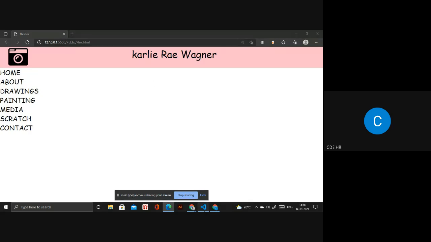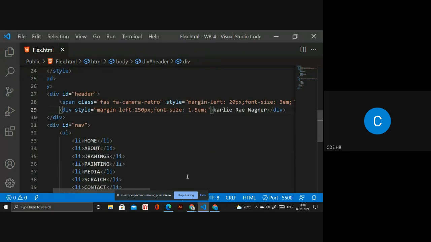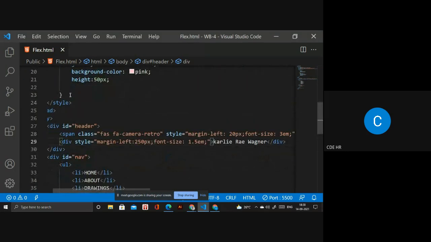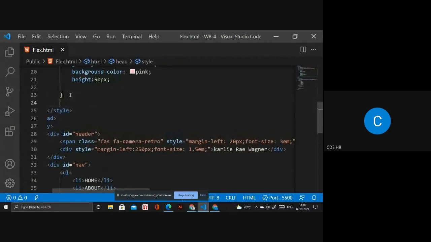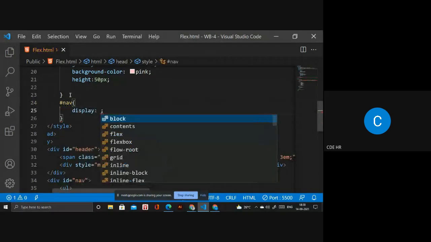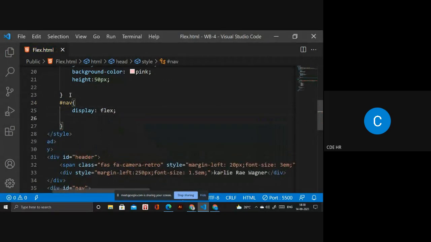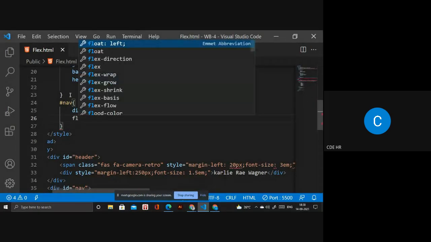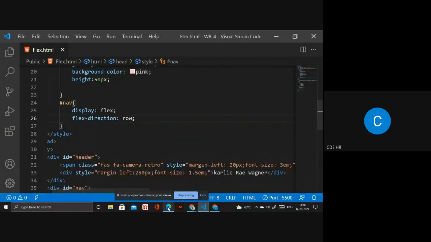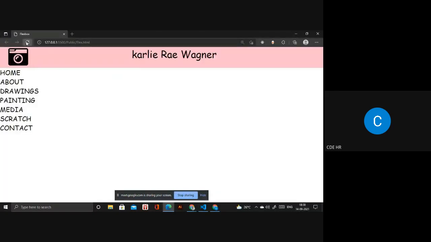Okay. Next we have to go to the navigation. So inside the navigation, I will add nav, and inside I will add display flex and flex direction row. It's not working.